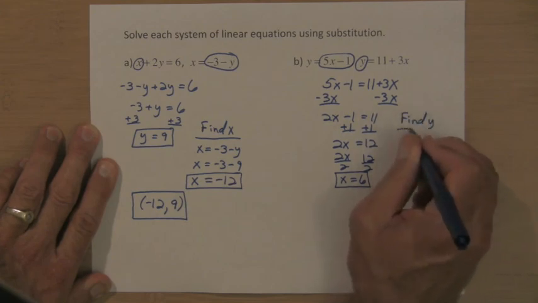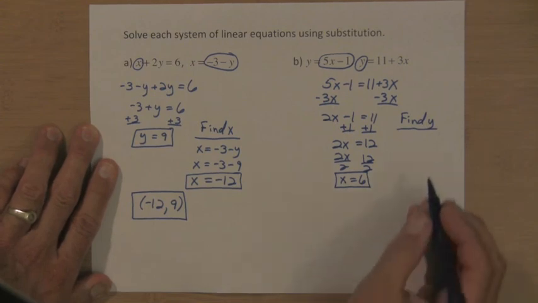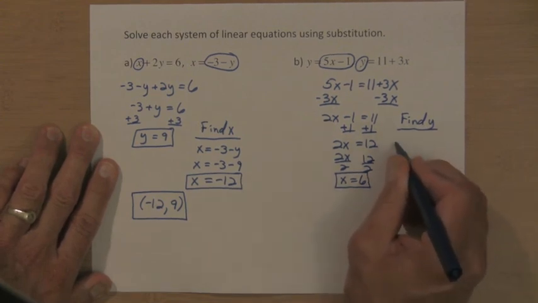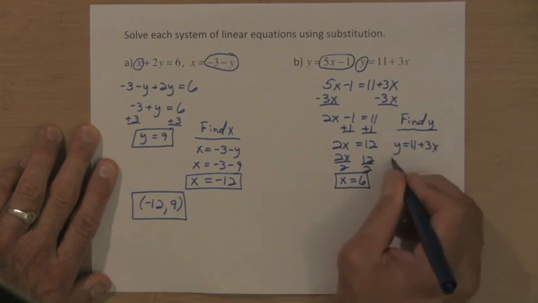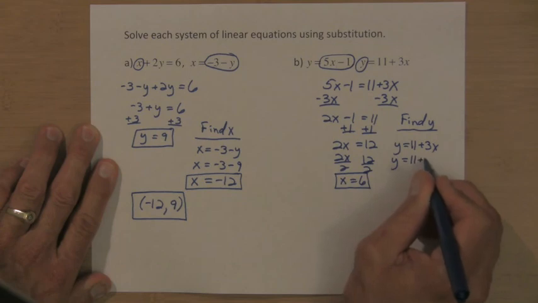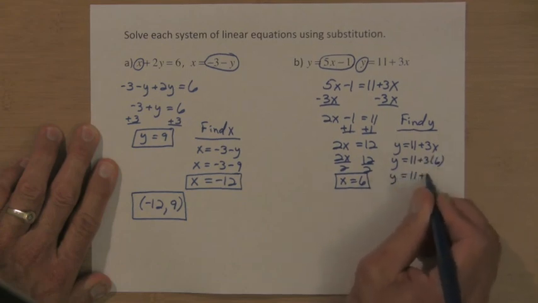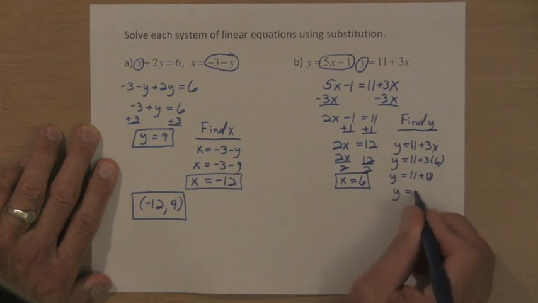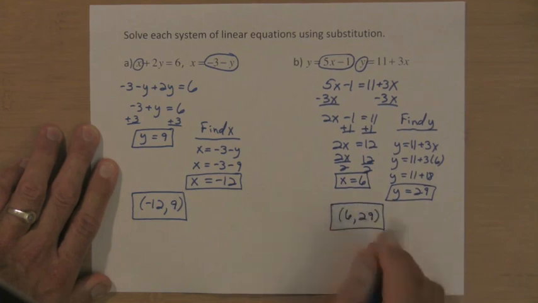And both equations tell me what y equals. I've got to pick one of them and solve for y. I know x is 6. I'm going to pick, I don't know, the second one. Y equals 11 plus 3x. If x is 6, that means that y equals 11 plus 3 times 6. 3 times 6 is 18, and 11 plus 18 is 29. So that is my y value. So that's my solution. X is 6, y is 29. Or if you write it as an ordered pair in parentheses, alphabetical order is the standard, so